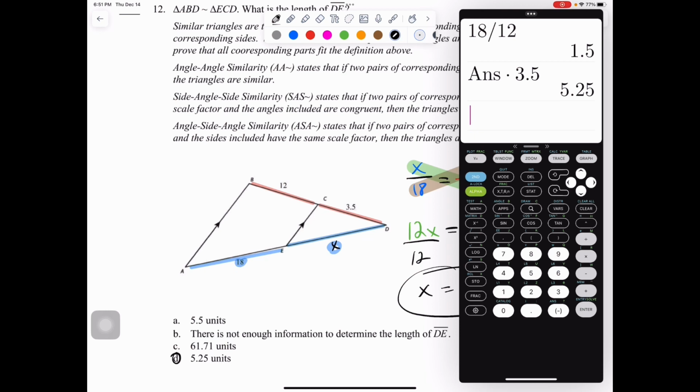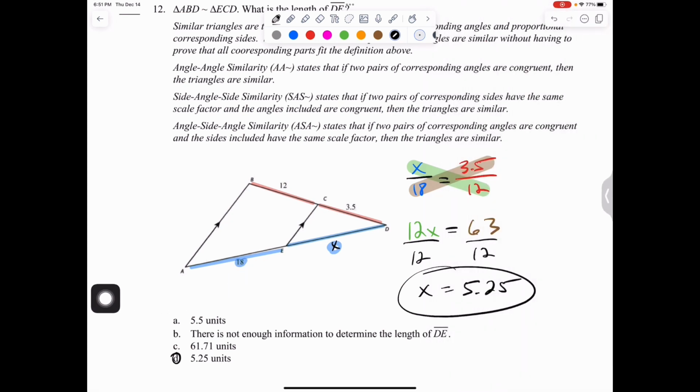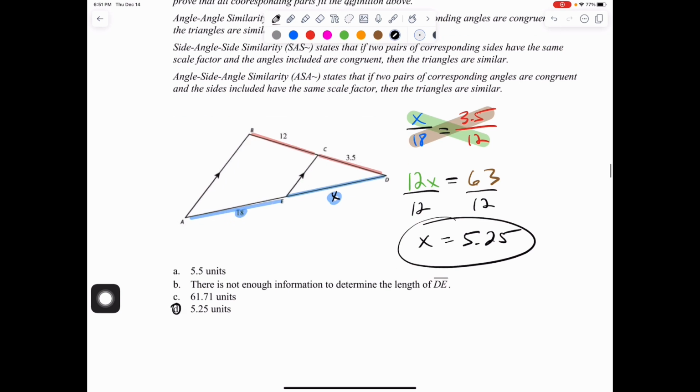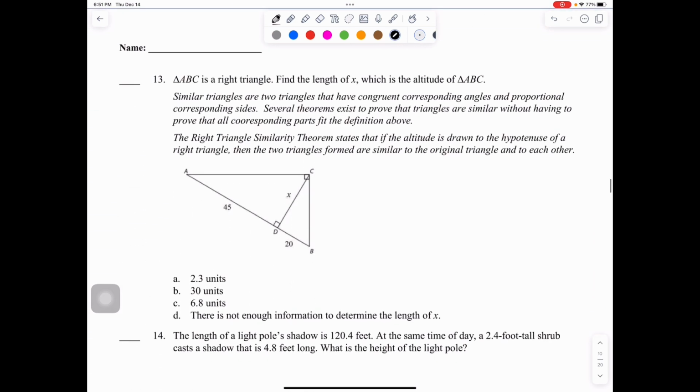What does it give us? Exactly 5 1/4. You also could have done 3.5 divided by 12 times 18. All three ways, 2 scale factor, 1 proportion, all give you the same answer. All right, so for number 13,